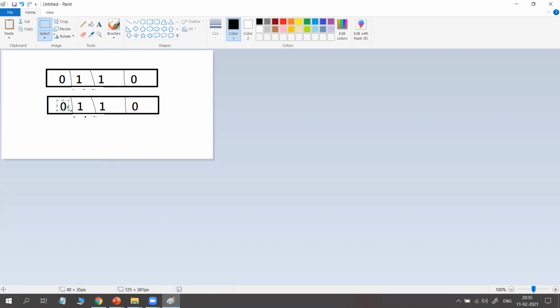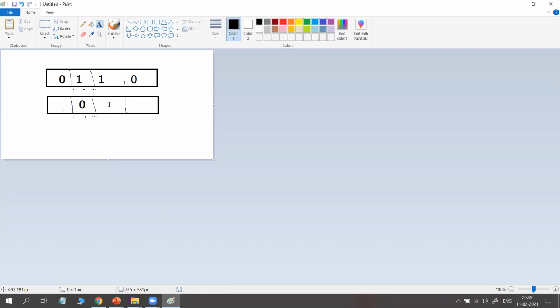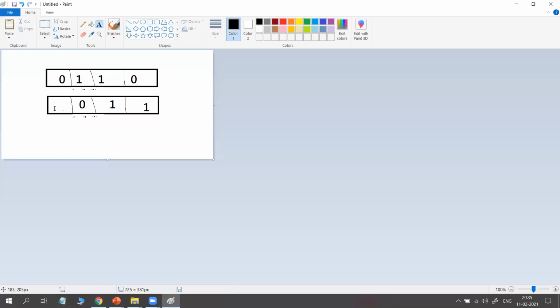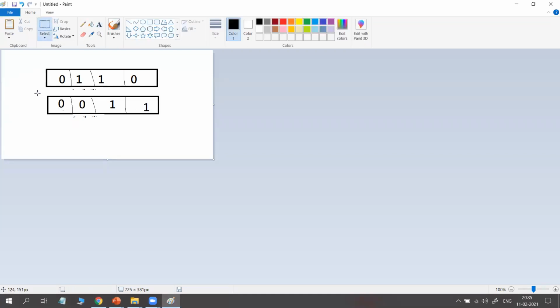For example, I am removing it and showing you. So for the same number, how is right shift? So this 0 comes here, this one comes here, and this one comes here. So on the left side a blank is there, you put a 0. But you shift it again. For example, if you shift again to the right side, what happens?